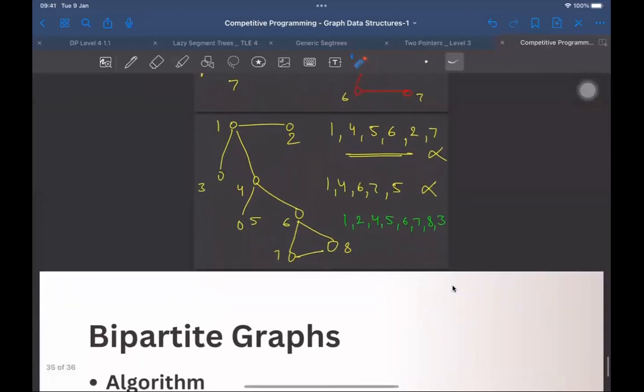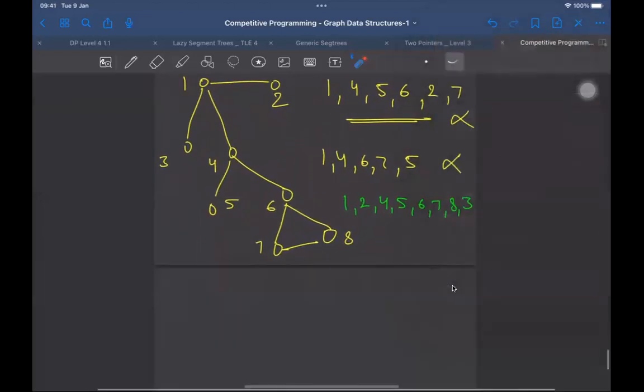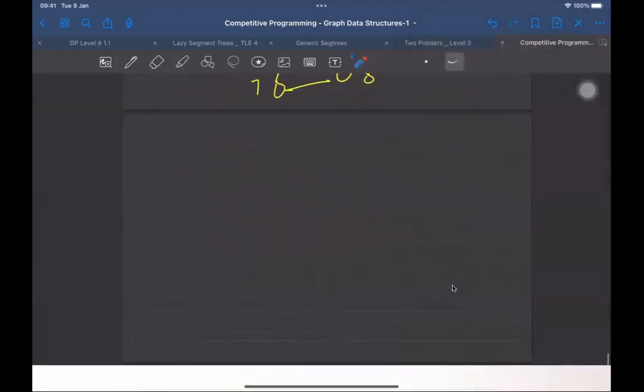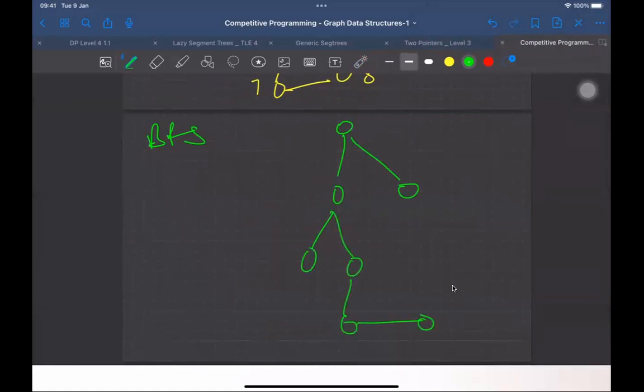What happens in a BFS is that if this is the graph, you basically, let's say, start from this node. Then you visit all the neighbors that are away from you by just one edge. So basically you visit this node and then you visit this node. Okay. So if the nodes are numbered 1, 2, 3, 4, 5, 6, and 7, you basically visit the nodes